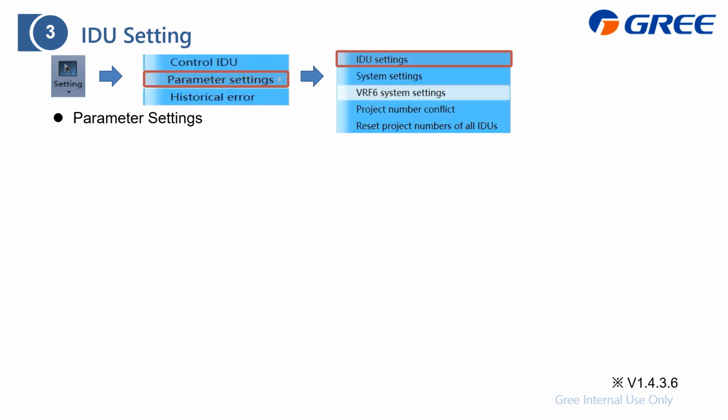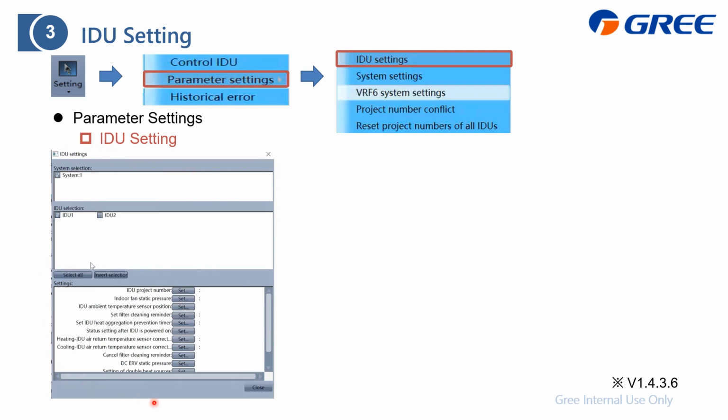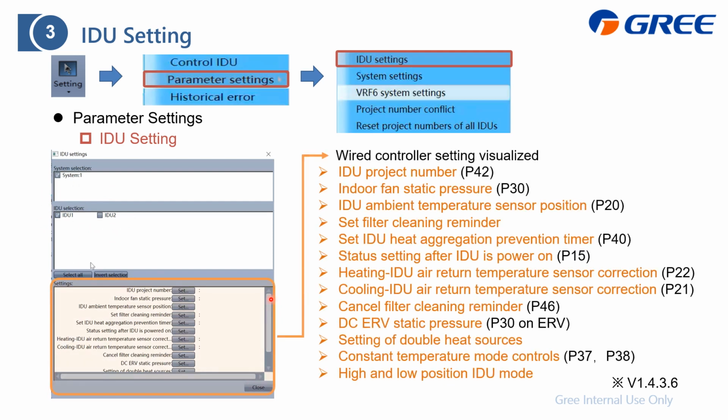Next, we will go to the in.unit setting, which is here. Select this one and it will go to this page. Then select the first one and it will display this. Also from here, you need to select the in.unit, which is under which system, which in.unit. And then here is the detail setting, which is this one. Here are all the items. And of course, this setting is based on version 1.4.3.6. If your version is different, the items will also be a little bit different.